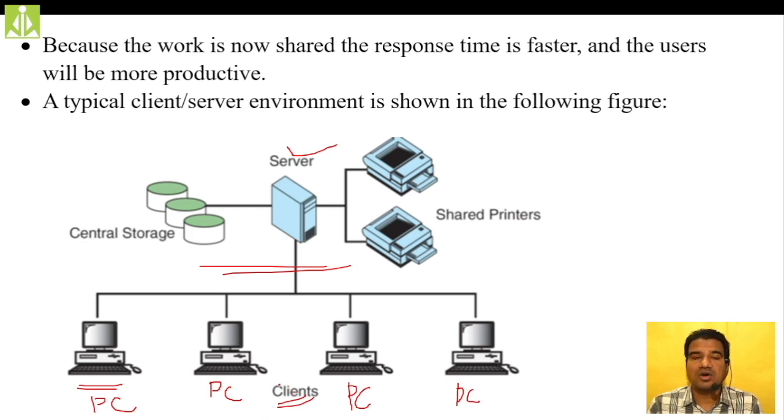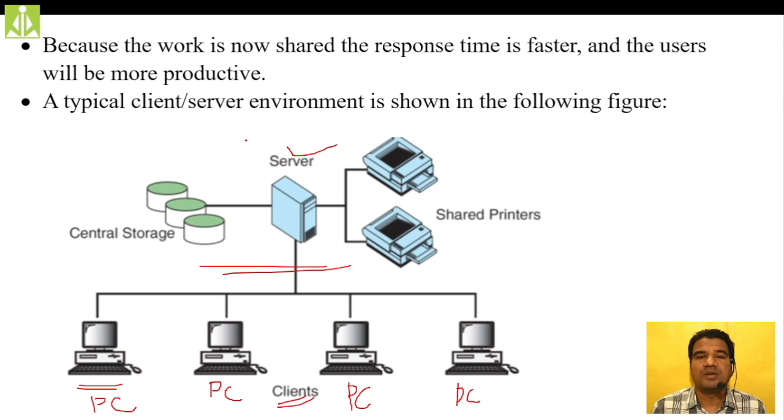Here clients are not dumb devices like terminals. They are going to have their own CPUs, their own storage areas, their own printing devices, everything. So if they have all these things, we can call them PCs. All these clients are personal computers. They have everything of their own. Apart from that, if they have a really big job to do, at that point they also depend on the central computer to accomplish the job. So that is the only difference between time sharing and client server.